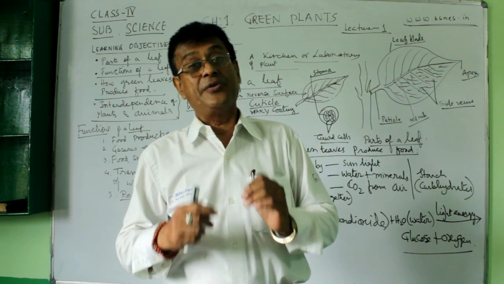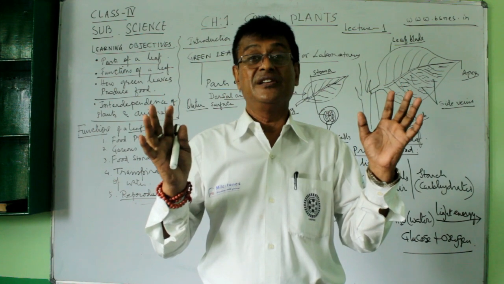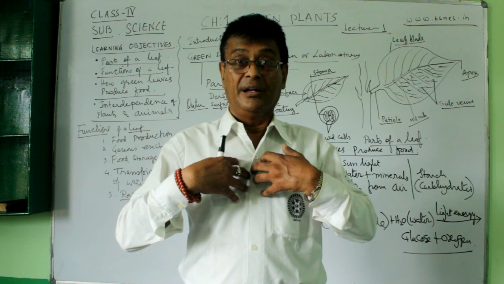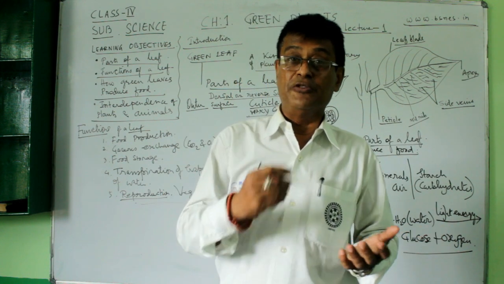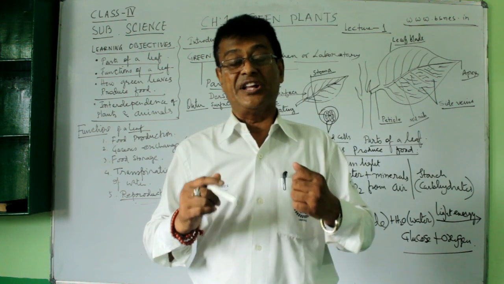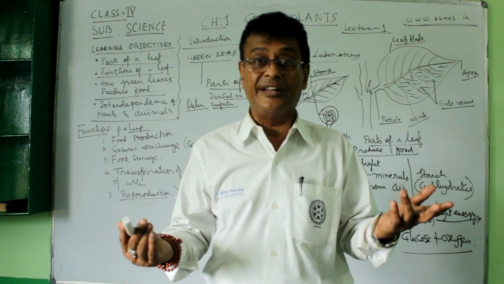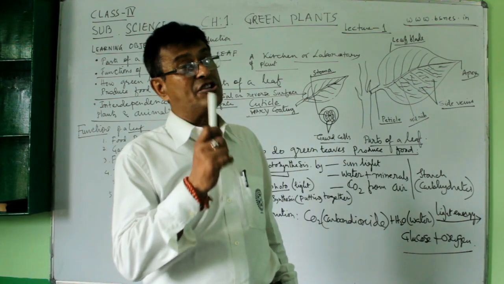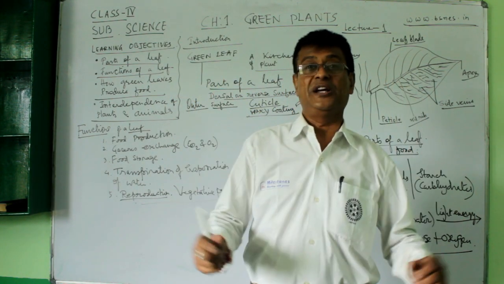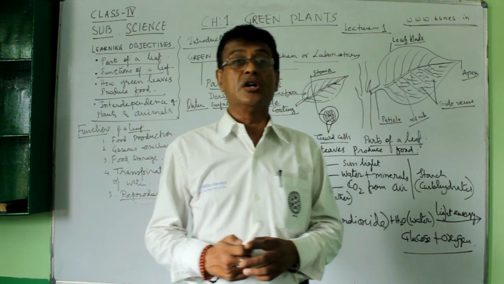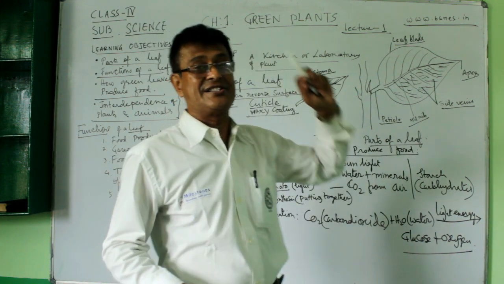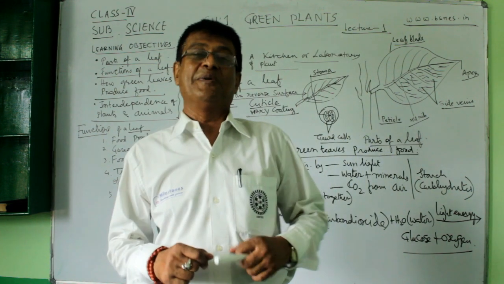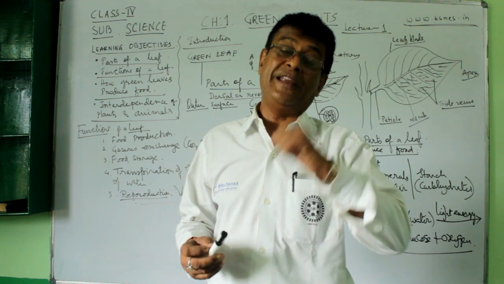And even after doing that, a lot of excess fruits and all those are there, which we, the heterotrophs, the human beings and other animals, take, either directly or indirectly. And let us see how they do that. There are several kinds of plants on the surface of the earth. We are to discuss the green plants. Usually the plants are green, and these green plants are actually responsible for preparing food.